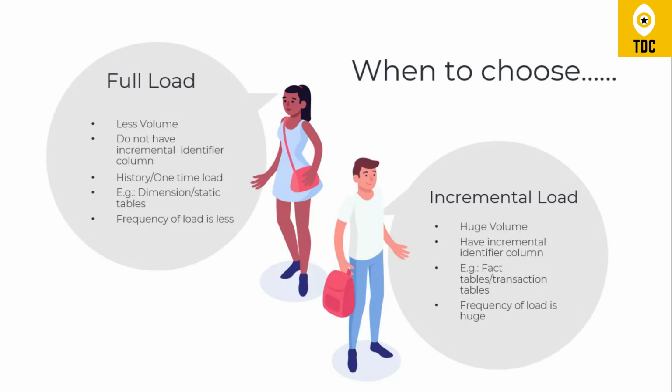This is usually chosen where the data is of transactional behavior. That means there is a table where transactions are happening, or there are updates on the transactions, and millions of records are getting generated every hour or every day. In that case the incremental load is definitely the best option. And there might be a frequency of, say, every day or every hour. In that case also incremental load is the best strategy, because every hour we cannot afford to bring the entire data and dump it to the target system. We will just update the data which has been newly added or modified.